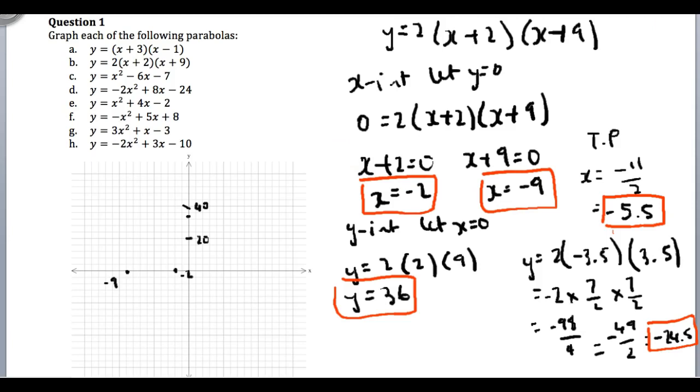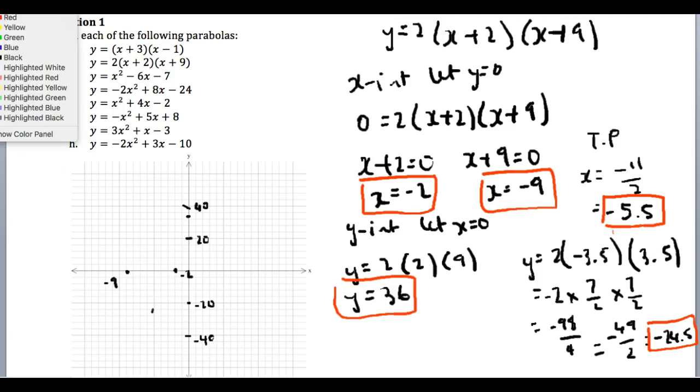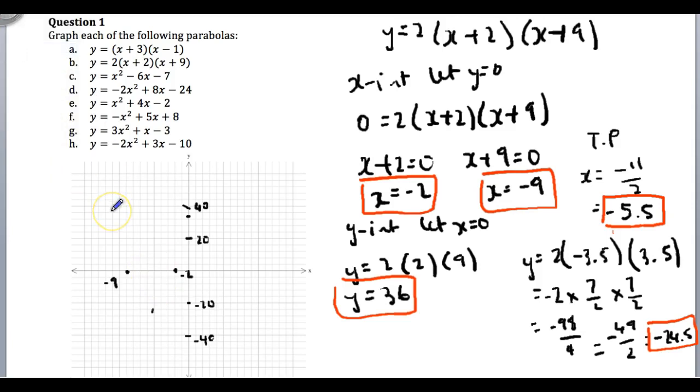And let me just fix that up. 5.5 and then -24.5. So again, I do have to go down by 20 along my y-axis, but for my x, it doesn't matter. So 24.5 is about there, halfway. You're probably sitting there thinking, you're not exact, but it doesn't matter if I'm not exact